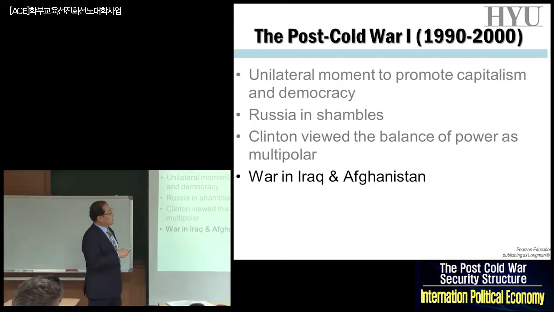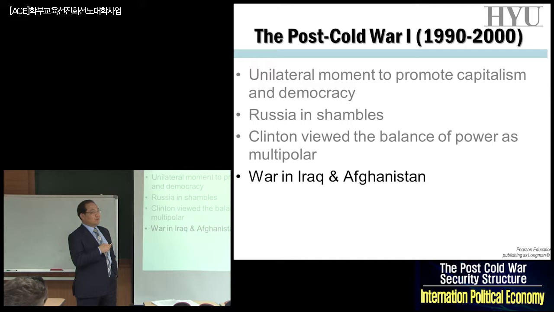I think the main thing in this period, after the Soviet Union was gone, is conflicts over the Middle East, particularly Iraq, Afghanistan. War in Iraq and Afghanistan, and Central Asia. Some conflicts in Africa, but most conflicts were concentrated in these regions, like Central Asia, the Middle East, Southwest Asia. And why America focused on this region,